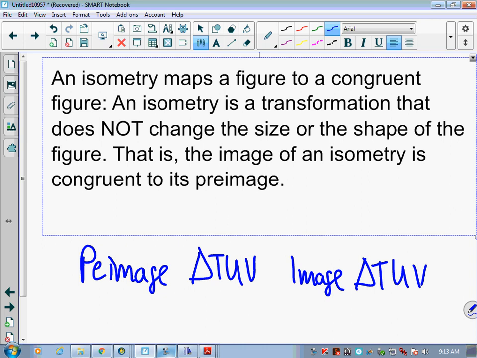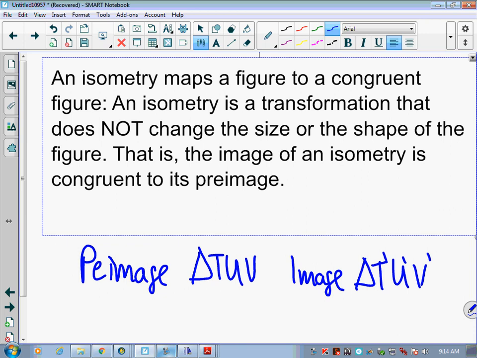It is these little apostrophe marks, meaning that T was my pre-image, my image is T with one tick mark. I have pre-image U, so my image is U with one tick mark. My pre-image was V, so my image is V with one tick mark. Okay? Now,